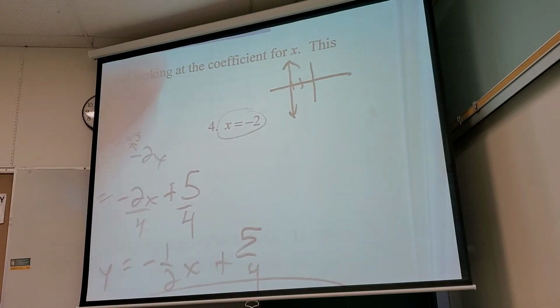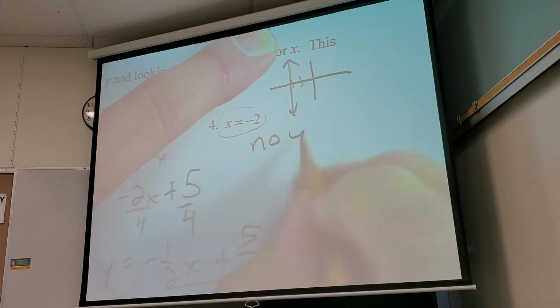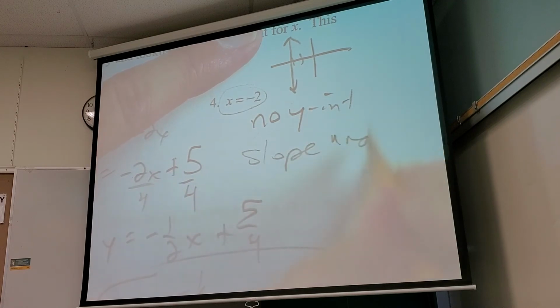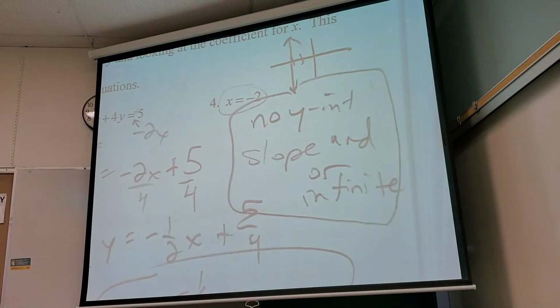Never going to. What do you just put, undefined? Is that the same? Well, y-intercept is no y-intercept. Slope would be what? Undefined. Undefined. Or infinite. It's really up to you which way you want to say it. Because if I'm going up a hill, this is a pretty steep hill. This is an infinite slope, right? I just go up. I don't run at all. So it's over 0. It actually ends up being infinite. It just goes up forever. Some people live for that kind of mountain